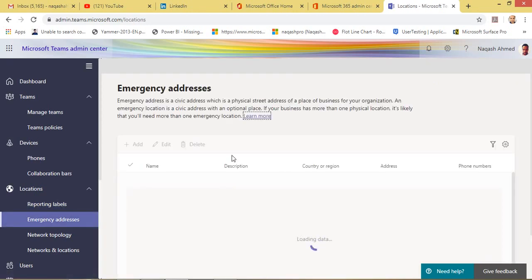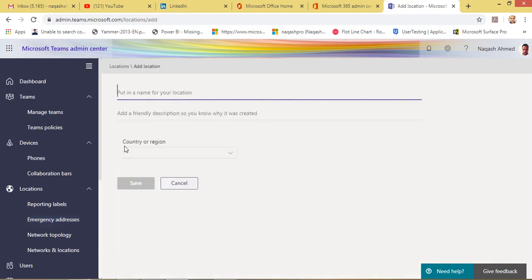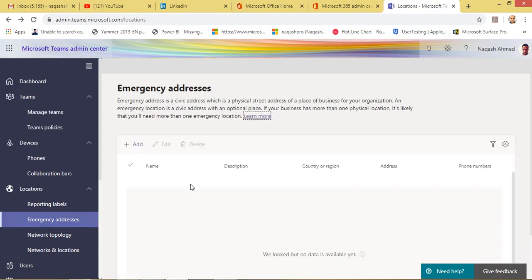Okay, emergency addresses. It's a setting for administrators, just like on your mobile phones where you have an emergency phone number, emergency dial. This is the same thing. If some kind of disaster or anything happens, you can specify an emergency number or emergency location here where your users will be able to call or reach for emergency purposes. Okay, this is only that place. You can use it for your needs if you have them, but it's an optional thing.